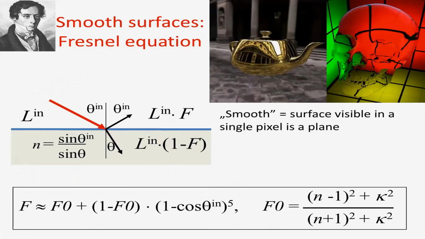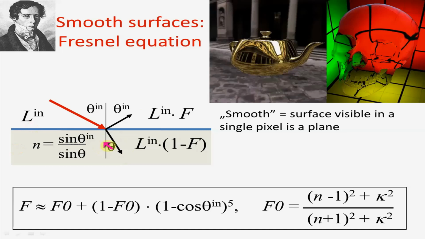According to the laws of geometric optics, the illumination is broken down into two components: a reflected component that meets the law of reflection, and a refraction component that meets the refraction law,